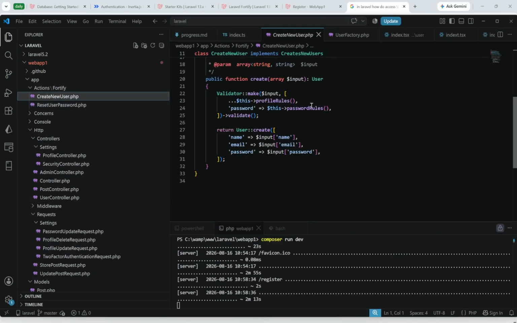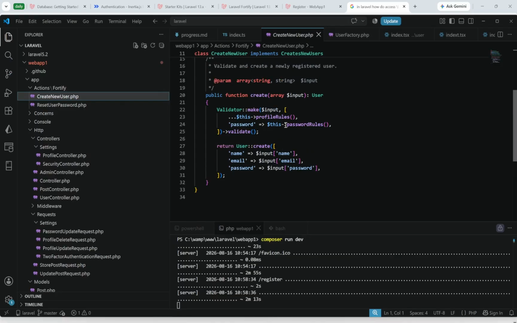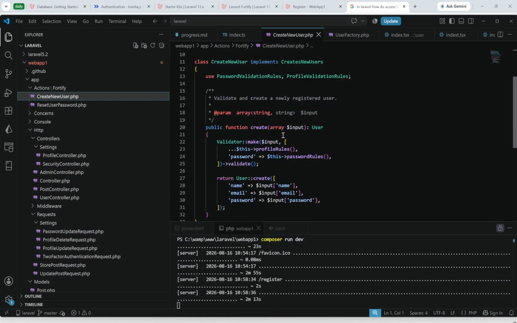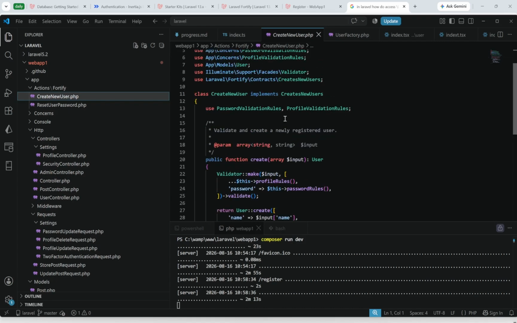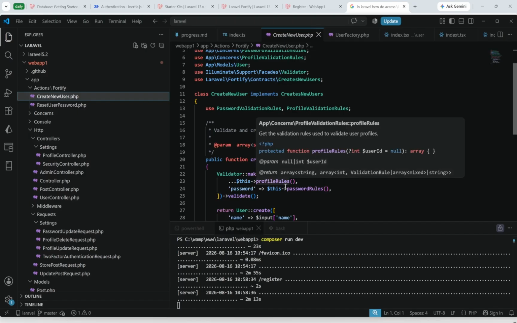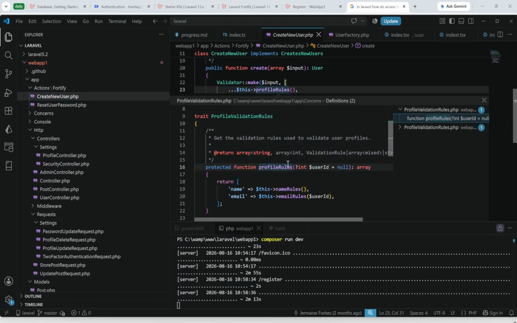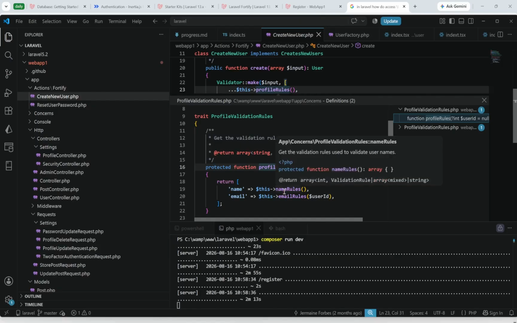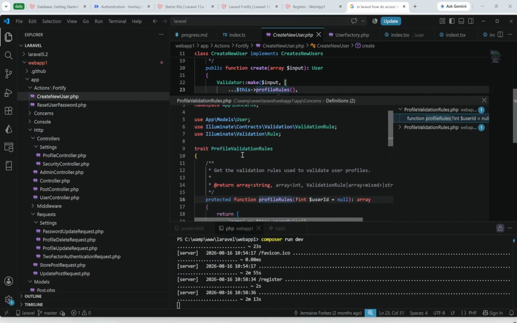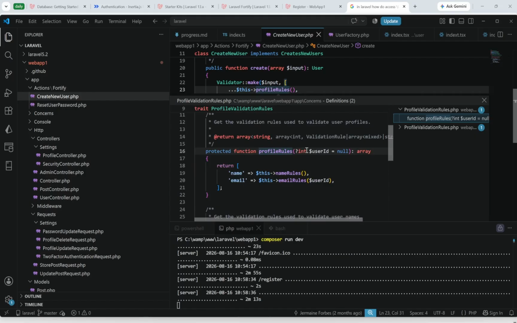So within the create method, some profile rules. What's the profile rules? And it goes into a trait where you can do profile rules